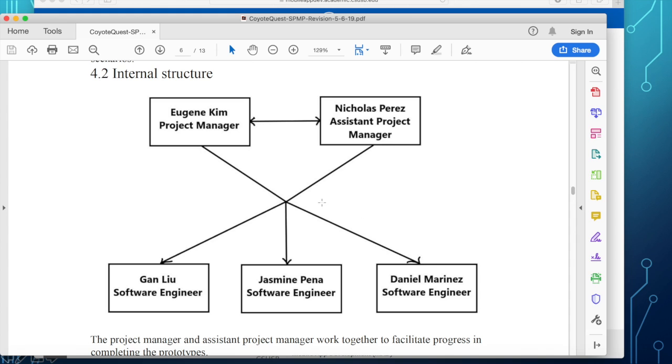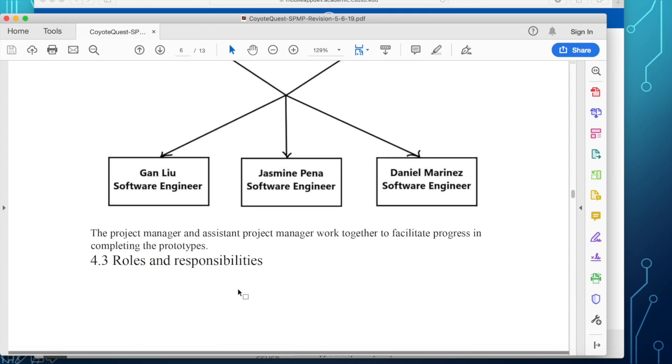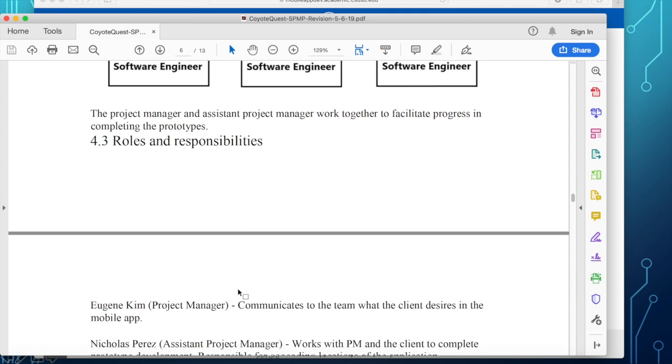All the software engineers can communicate with the management team. The management team communicates with each other, but I don't see communication among software engineers. I think they should, okay? Because if they are integrating modules that are produced by the software engineers, they must communicate to integrate their modules, components.